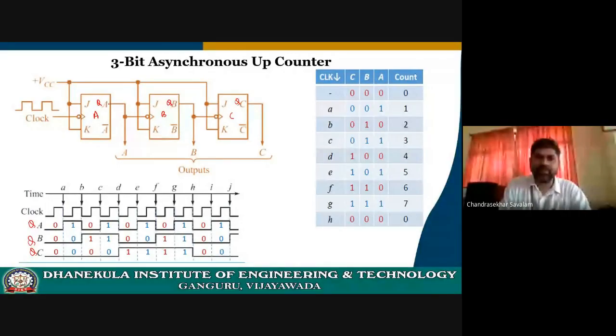If you connect the original output to the clock for the next input, that comes under the up counter. So if you connect instead of QE,